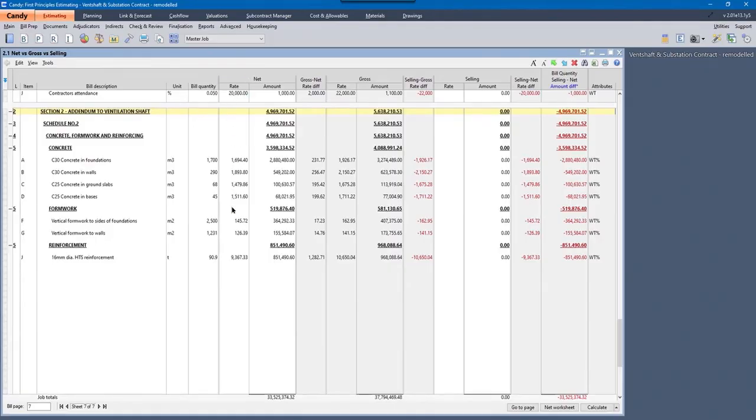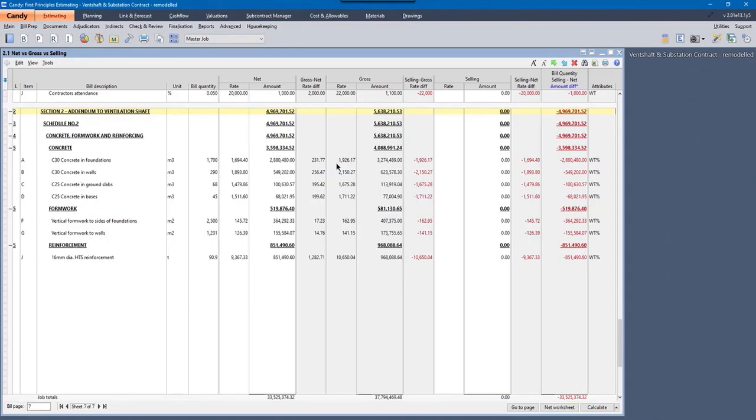That's the rate built up, which was first principles pricing. You've got a gross rate, which is the rate plus markup. That's generally the rate you'd submit for tender purposes. And you've got a selling rate, which is the rate for post-tender control, used at post-tender stage. Now, the reason why we won't use the gross, because obviously that's the contract value, is that the gross rate is a calculated rate. And if you make a change on the net rate or markup, it will change the gross rate. And that's something that you don't want at post-tender phase.